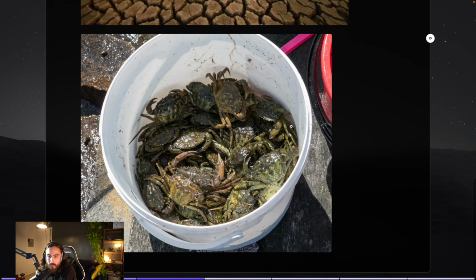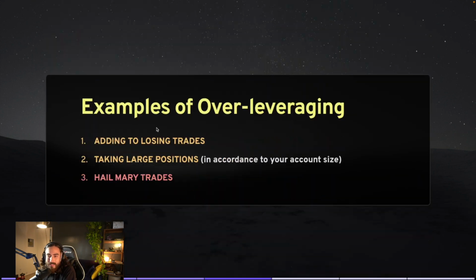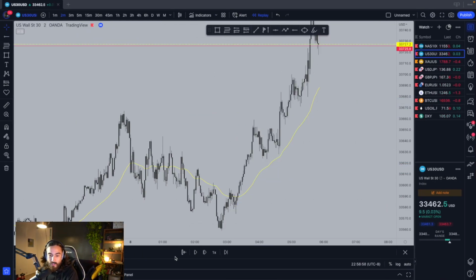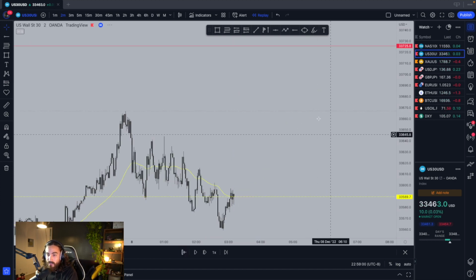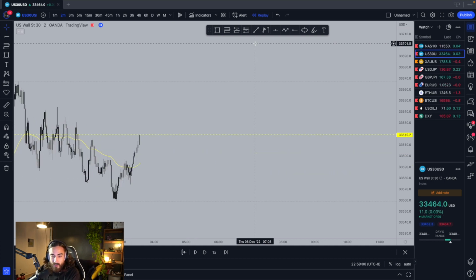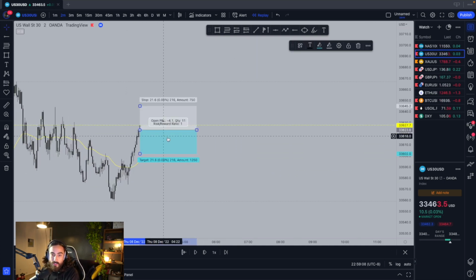Okay. So now, what are a couple examples of over leveraging specifically when it comes to trading? These are the three things that I chose: adding to losing trades, taking large positions in accordance to your account size, and Hail Mary trades. Okay, so adding to losing trades. If you've been trading for a while, you've probably seen this already, or it has happened to you. Just imagine the chart is moving up, and you say, I'm going to short this,